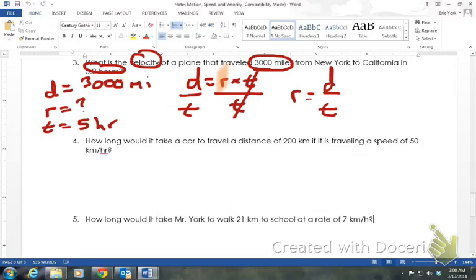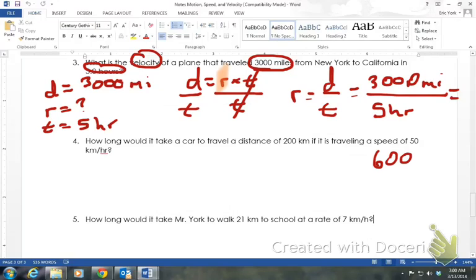I didn't change anything on the equation, I just put the r on the left side as opposed to the right side. Now once I have my equation solved for my unknown, so my unknown is by itself, now I can just plug in numbers. I know that my distance in this problem was 3,000 miles, and I divide it by my time, which was 5 hours. So when I do that, 3,000 divided by 5,